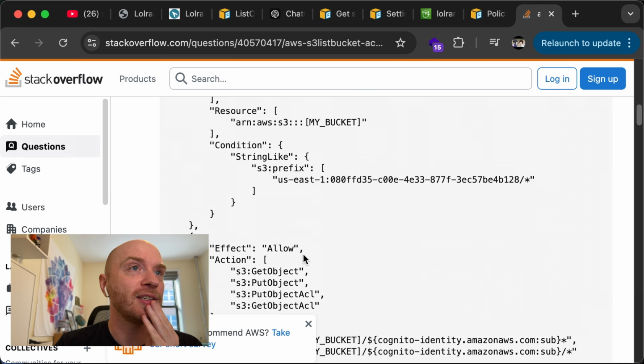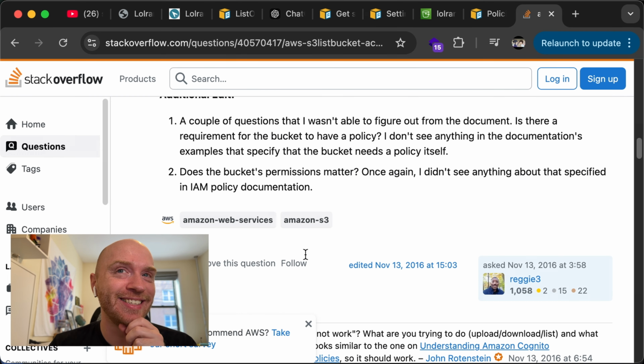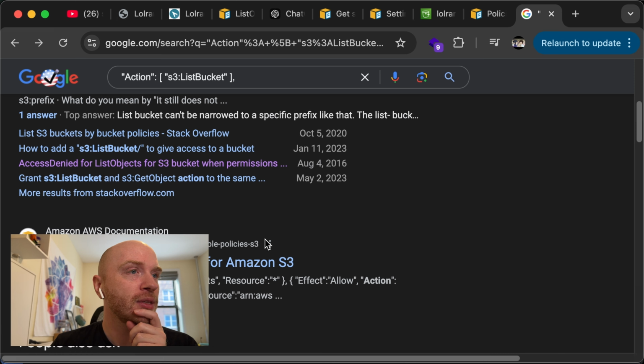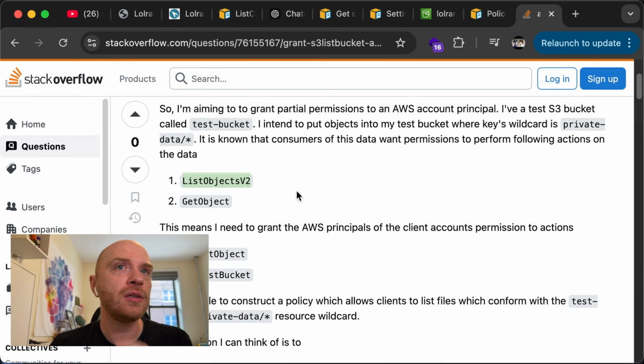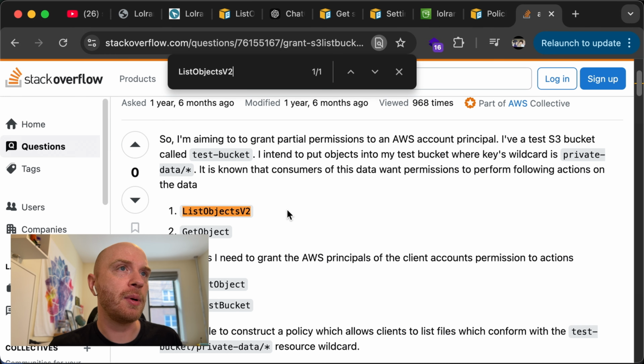Definitely not put object, unless we want the public to be able to add to this, which we do not, because we do not trust the internet. Oh, list objects v2? Okay, that looks like what we need.